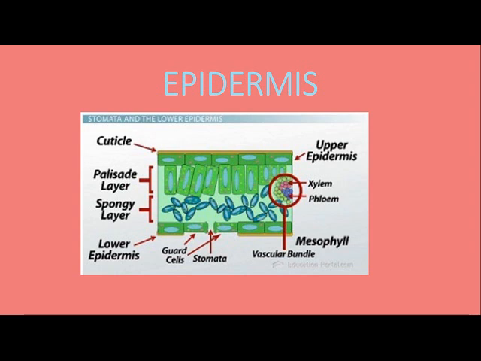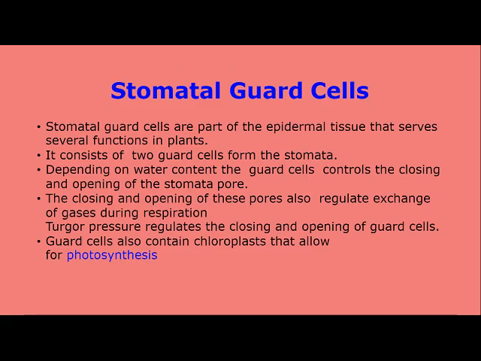Children, this is the diagram of, actually, a transverse section of a leaf. You can see that on the upper side as well as on the lower side, in both sides, epidermis is present. The upper one is called the upper epidermis. The lower part of the leaf contains the lower epidermis. Here in the picture you can see different types of cells. Some of them are parenchymatous cells. I hope you remember vascular bundle, xylem, phloem. Our next topic is going to be guard cells.